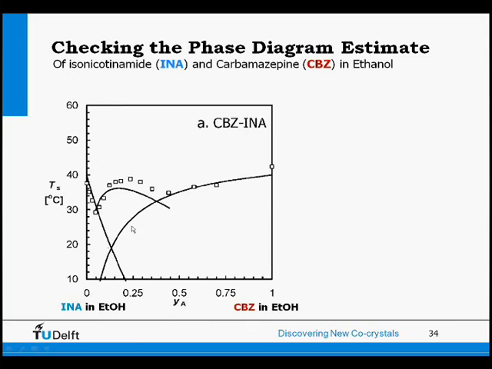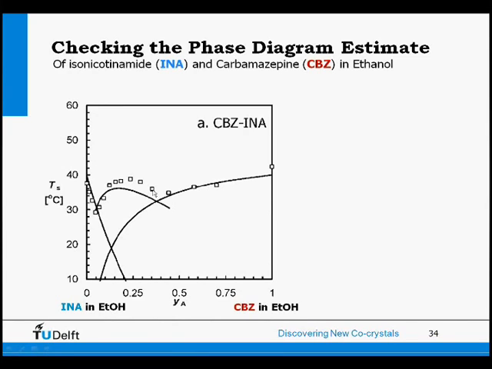And the lines I indicate here are from our pure component solubility measurements. So that's the lines going down from the right and from the left. And in the middle you see this bump. That is our estimate from our saturation temperature screening that took place exactly at this point where both solubilities cross. So, well, exactly.